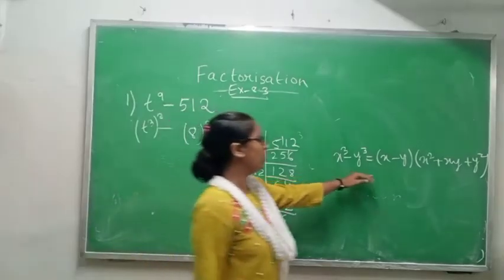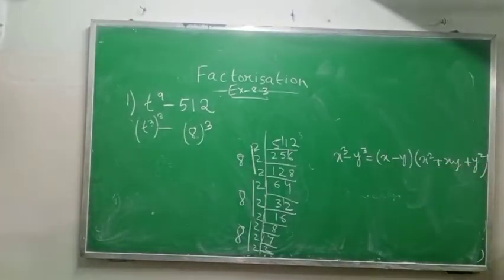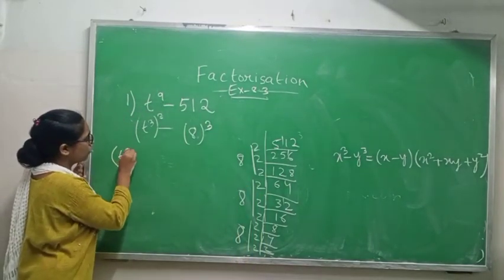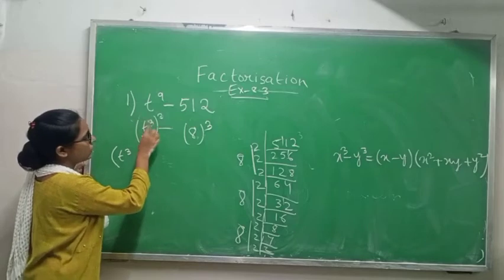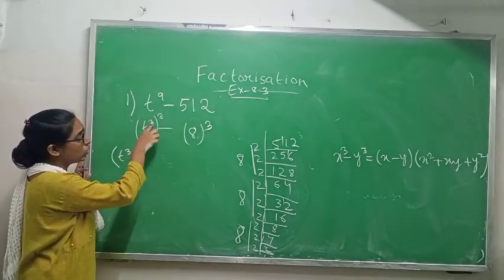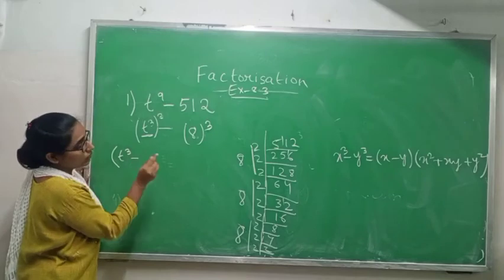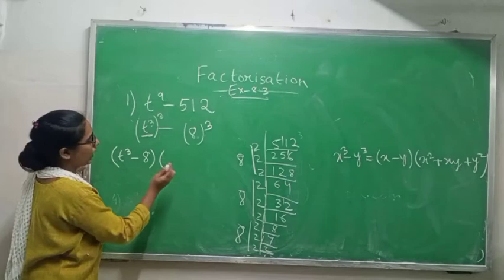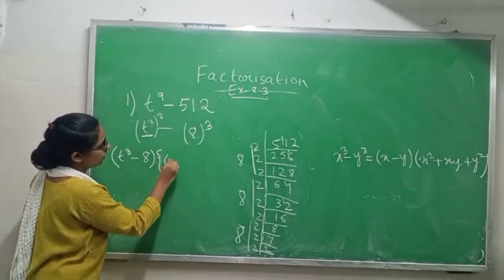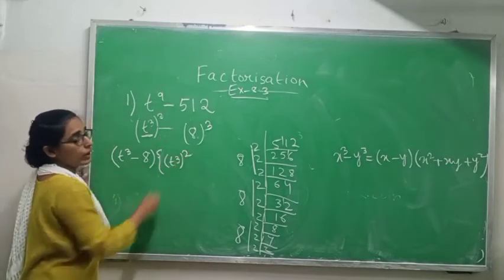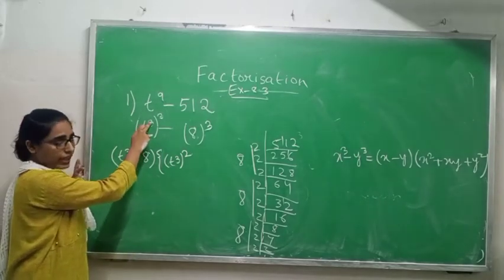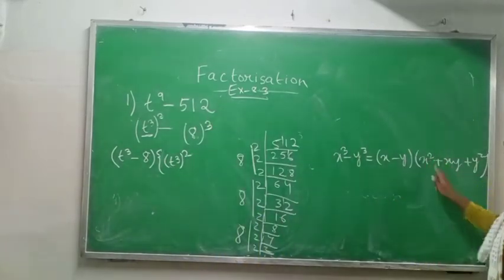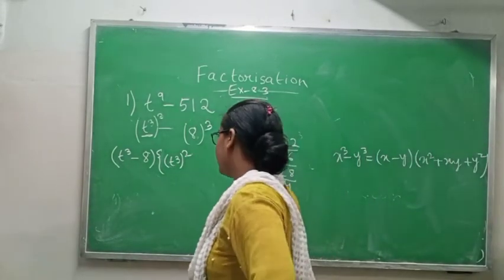The x cube minus y cube formula is (x minus y)(x square plus xy plus y square). So x minus y: x means 3 to the power 3, because this, fully inside the bracket, is x. So 3 to the power 3, then minus y, which is 8. Okay, then x square means (3 power 3) power square. Why? Because 3 cube is our x. So (3 power 3) power square. Why? Because here we have x square. In the formula we have square, so that is what I have to give.